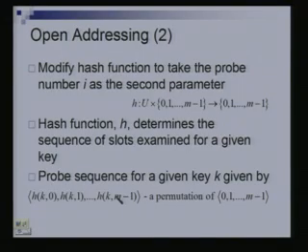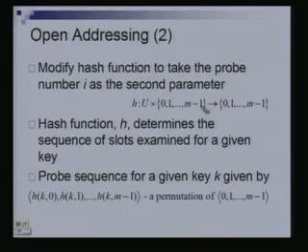So, I am going to go to different locations in the hash table till I find an empty location if the operation was one of insertion. And depending upon how this hash function is decided will give us many different techniques. So, the hash function h is really determining the sequence of slots which are examined for a certain key.